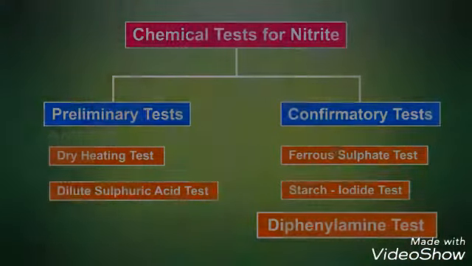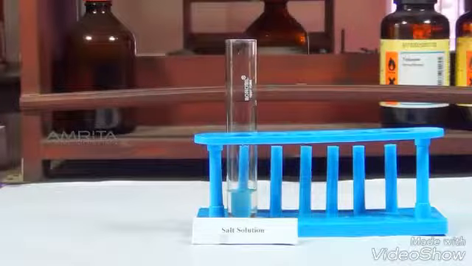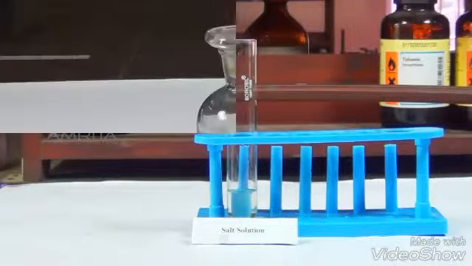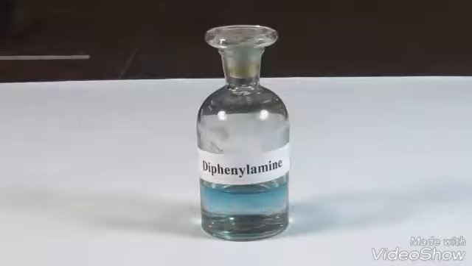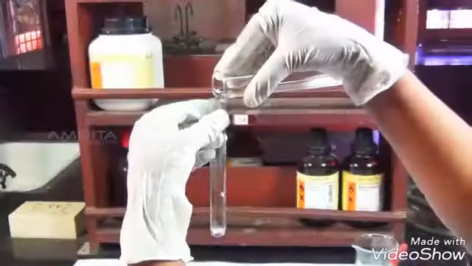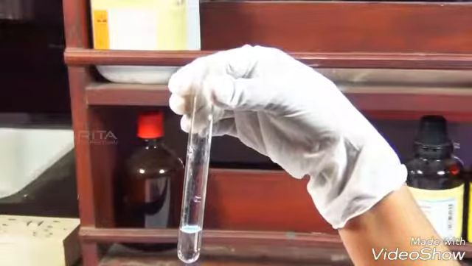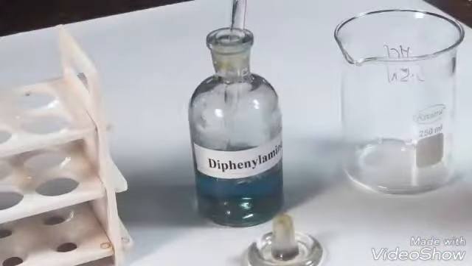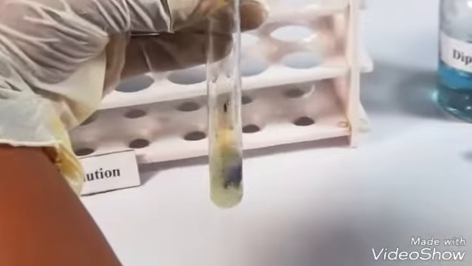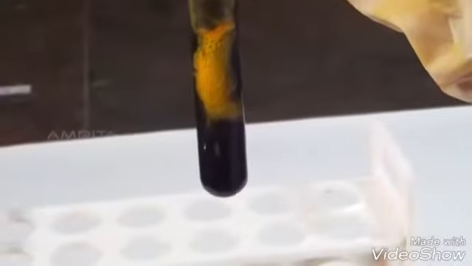Diphenylamine test. Materials required: aqueous solution of the salt, diphenylamine reagent, test tube and a dropper. Procedure: take a small portion of aqueous solution of the salt in the test tube. To this, add a small amount of diphenylamine reagent using the dropper. In presence of nitrite,